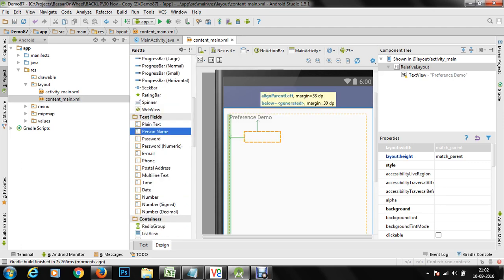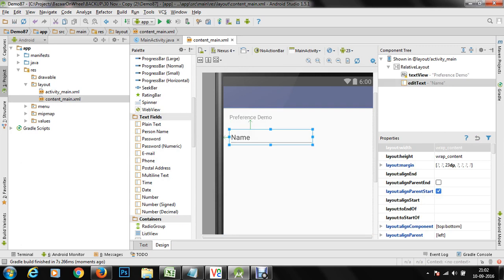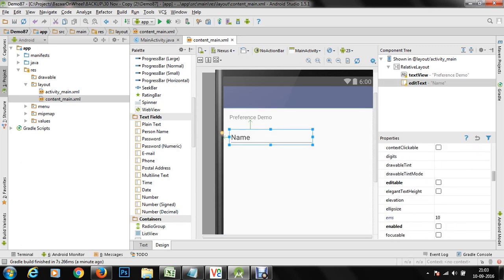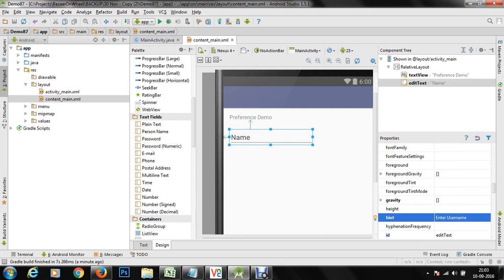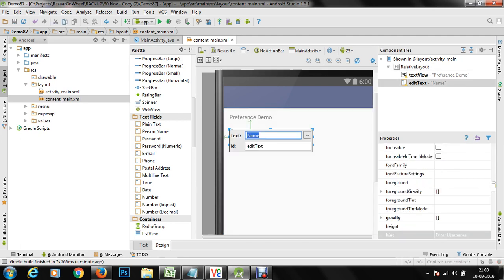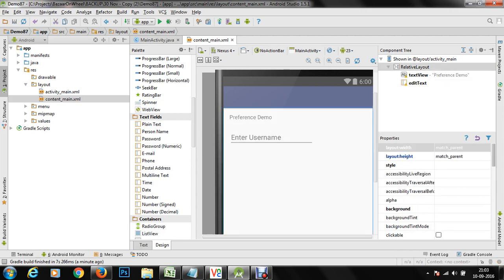Using this edit text box, we are going to enter a username. Let's go to the Android hint property, and we are going to change the hint to enter username. We are going to clear the name value, and the username will be entered here.